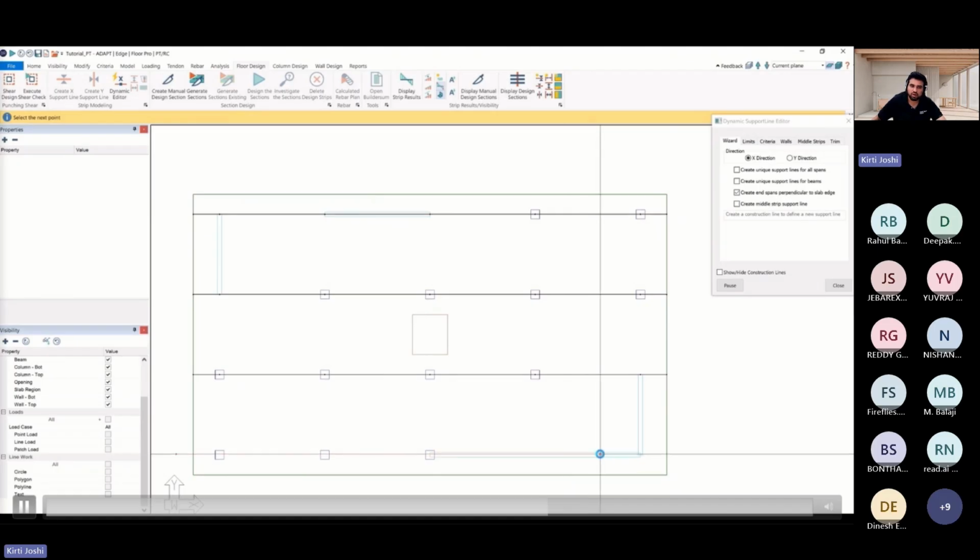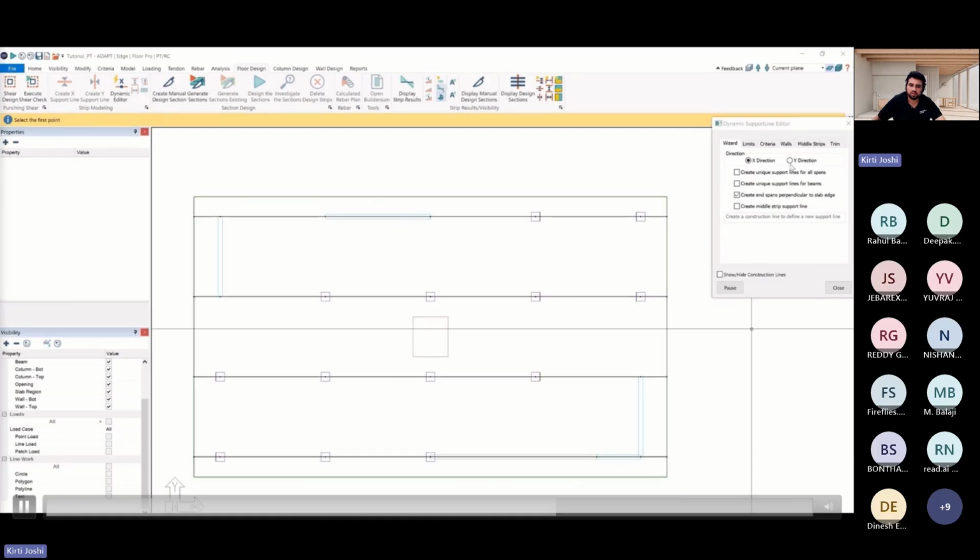And once we create the support line, then we can generate the sections. So you can manually generate the sections, as well as you can let the software generate the sections automatically as well. So we are done with the X direction support line. Now